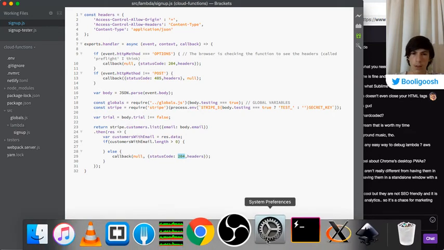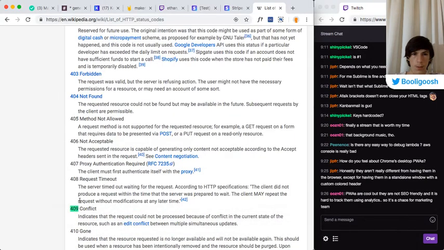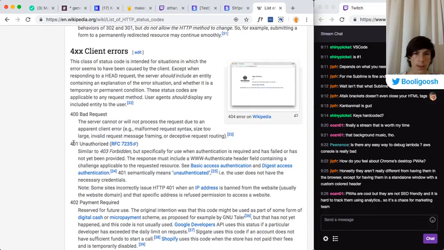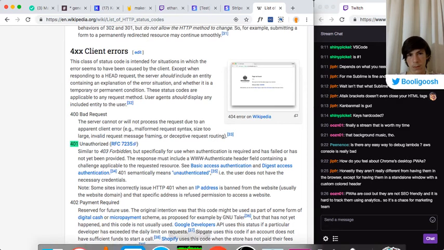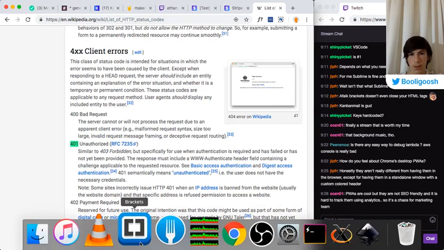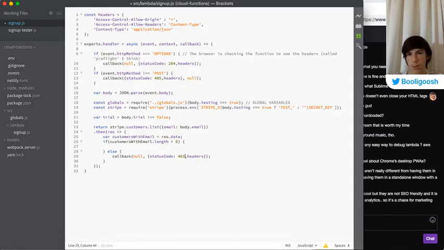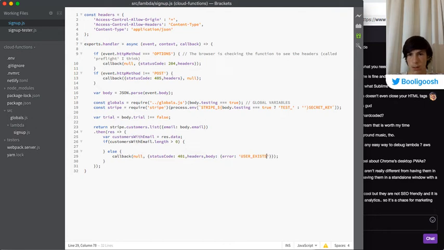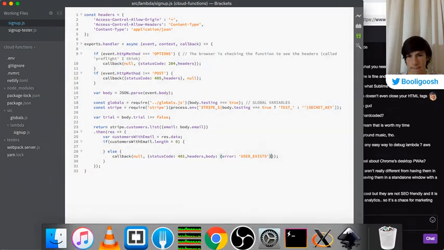Why don't we just do 401 unauthorized. Let's just go with that because it's more standard. Then we have body error. Then we can say user exists. Okay.